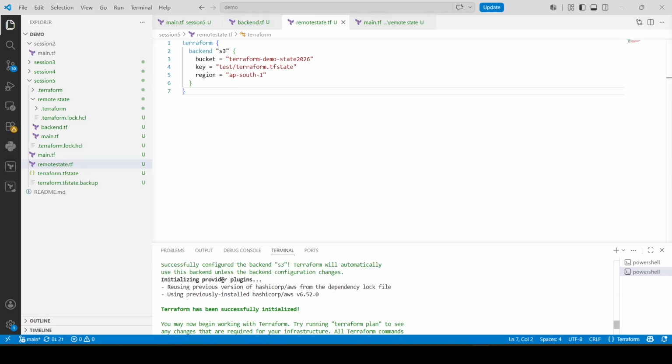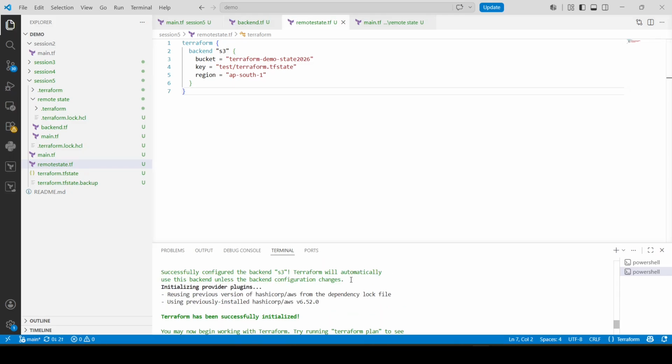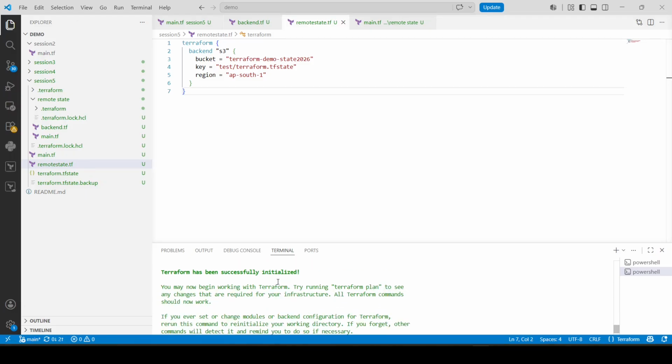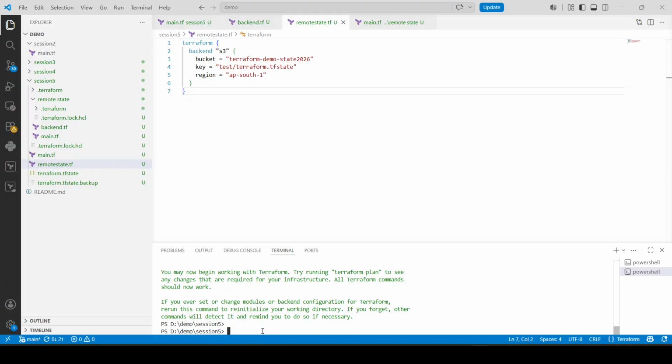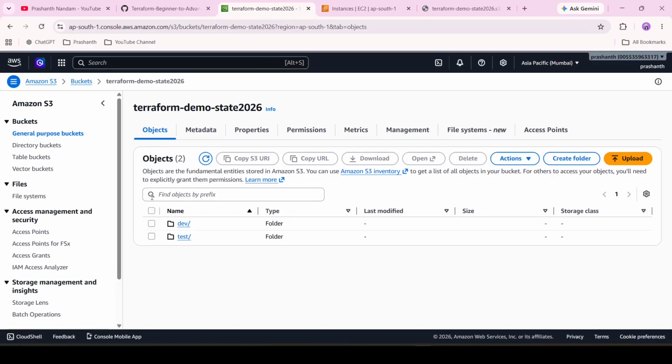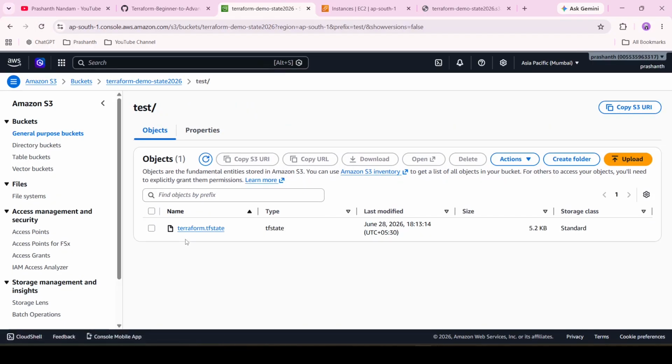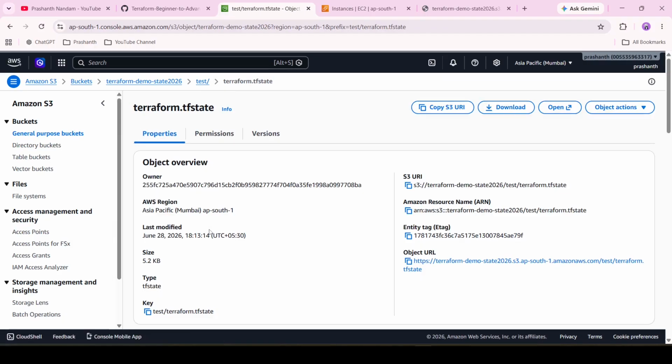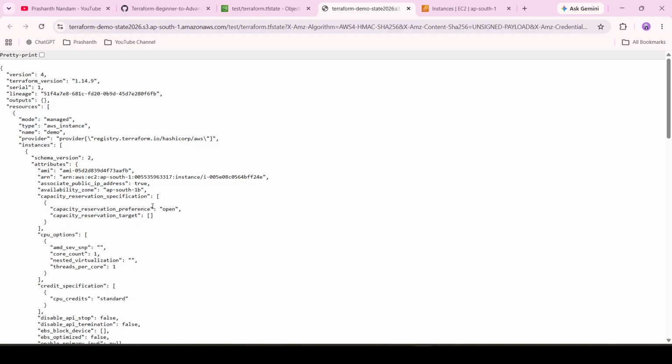Successfully configured the backend S3. Terraform will automatically use the backend unless backend configuration changed. Cool. Now let me go back here and refresh this page. The test is present, and inside test terraform.tf state is present. Let me close this and open this. See, this is the same instance or the same file which has